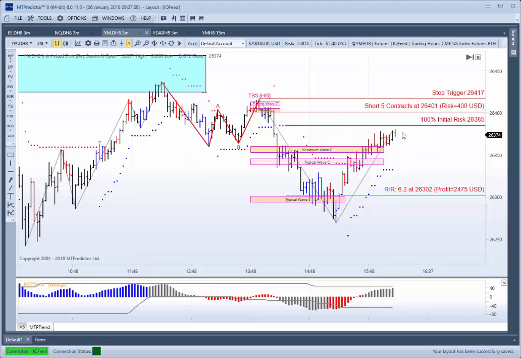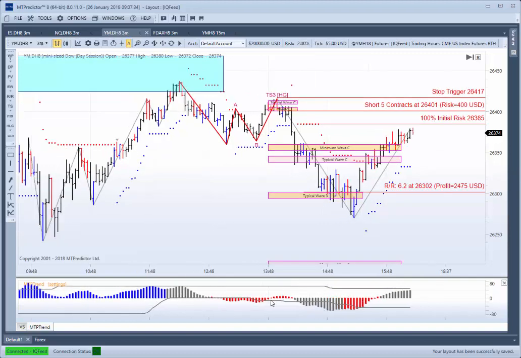After that, we don't care what the market does. We've had our trade, we've come out. You can basically do whatever you want. Our MTP trend was in agreement here. You can see because it went